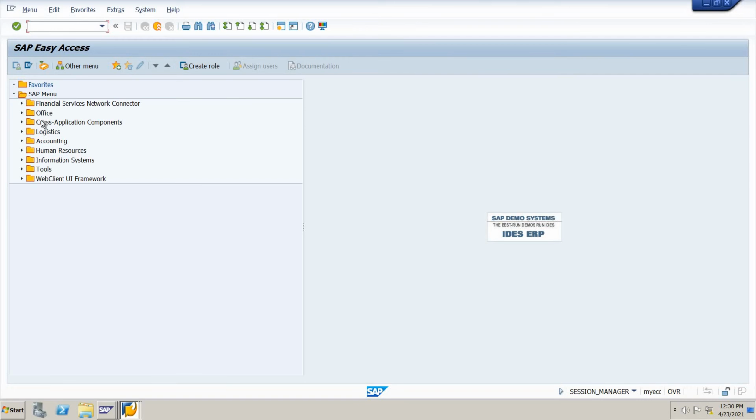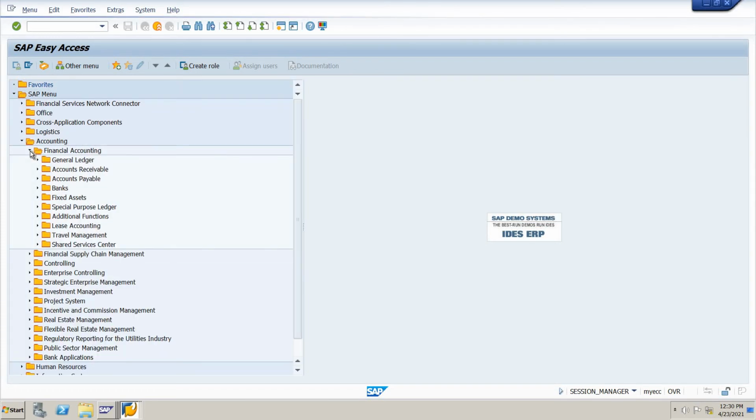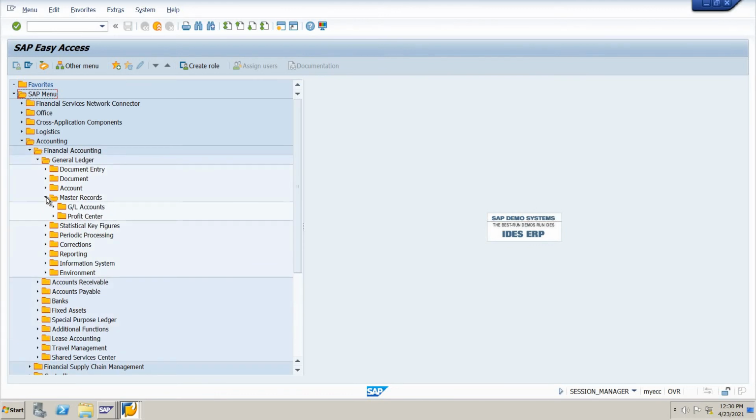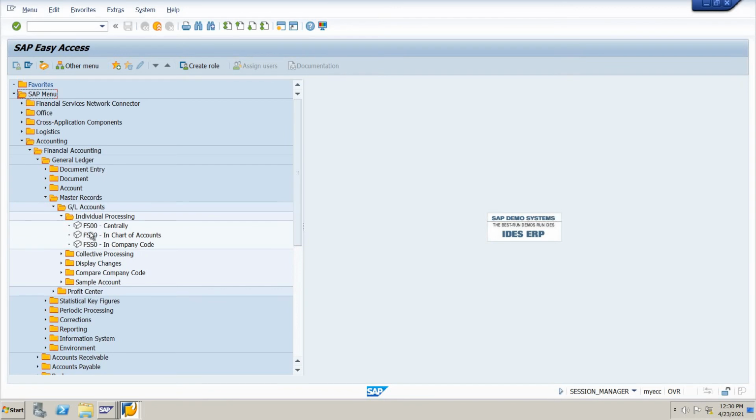So in the SAP end user screen, how we are going to open the FS00 is: go to the accounting, go to the financial accounting, and go to the general ledger, go to the master records, go to the GL accounts, go to the individual processing.